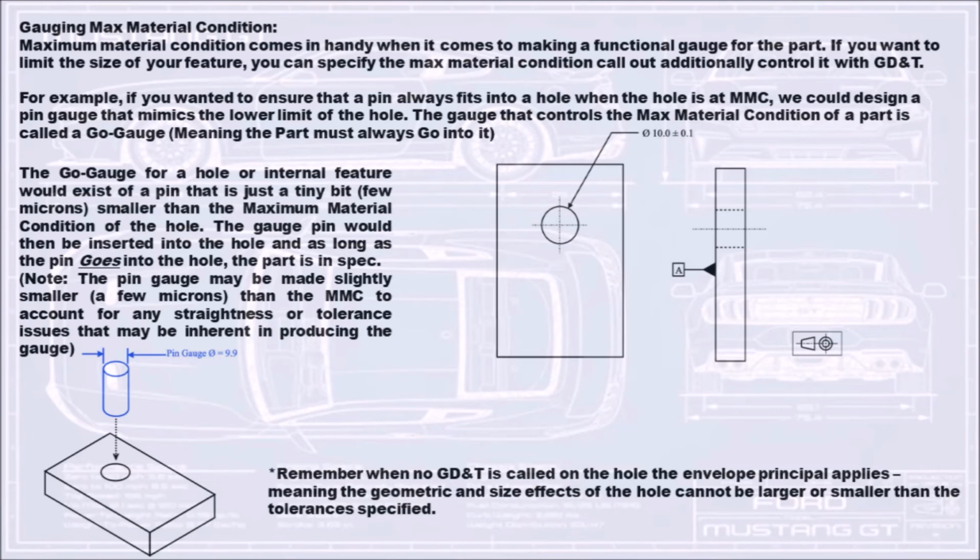Note, the pin gauge may be made slightly smaller, a few microns, than the MMC to account for any straightness or tolerance issues that may be inherent in producing the gauge. Remember, when no GD&T is called on the hole, the envelope principle applies, meaning the geometric and size effects of the hole cannot be larger or smaller than the